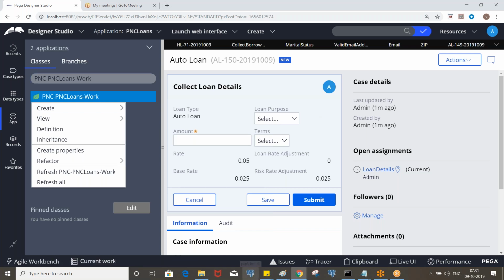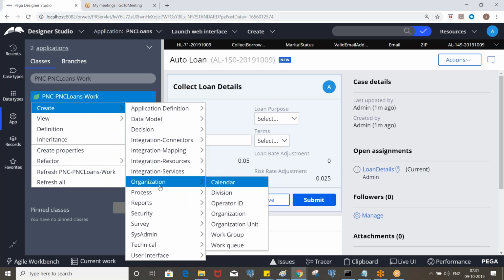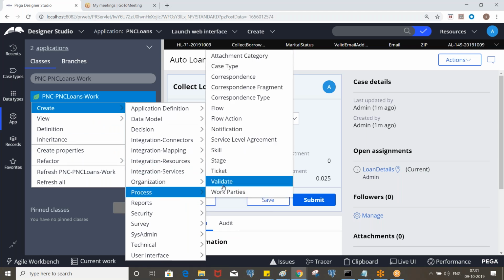So now put the heading: validate first name, last name, and age. Here you can put multiple properties. It's not like edit validate, so you can validate multiple.